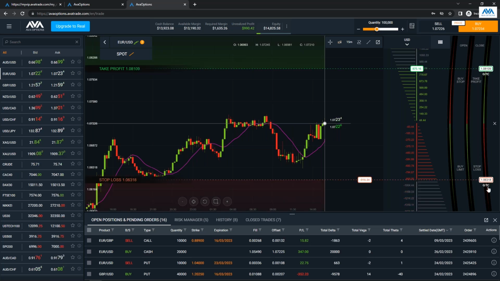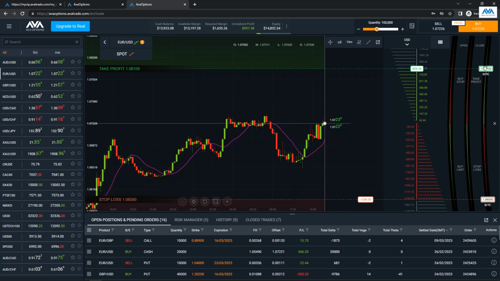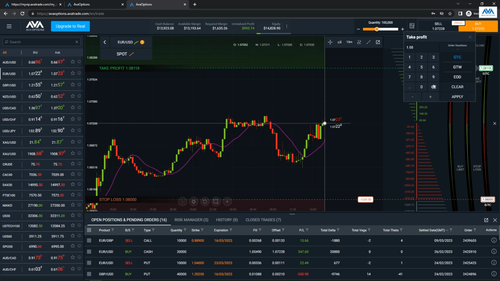And you see this is purely chart-based trading. You can see on the screen exactly where you're entering the market, which is based on the live bid or ask, where you'll exit the market based on your take profit or stop loss, and how much money you'll make in these profit bubbles right here, saying that I'll profit $870 if I get out at that top level, or I'll lose $900. I can double click on the take profit or stop loss and put in exact levels like this, 106, good till cancel, GTC, and I can put in a specific take profit, 108,